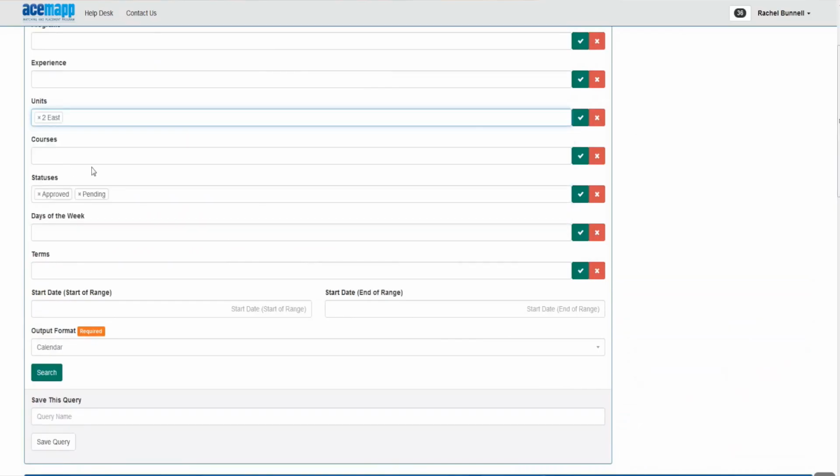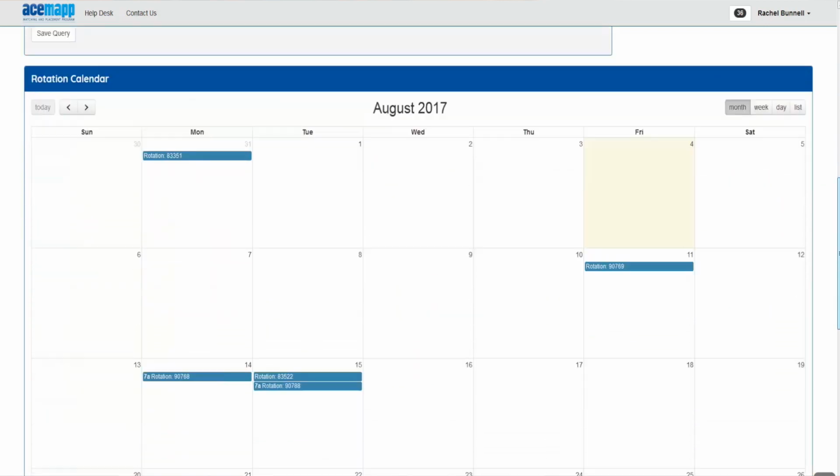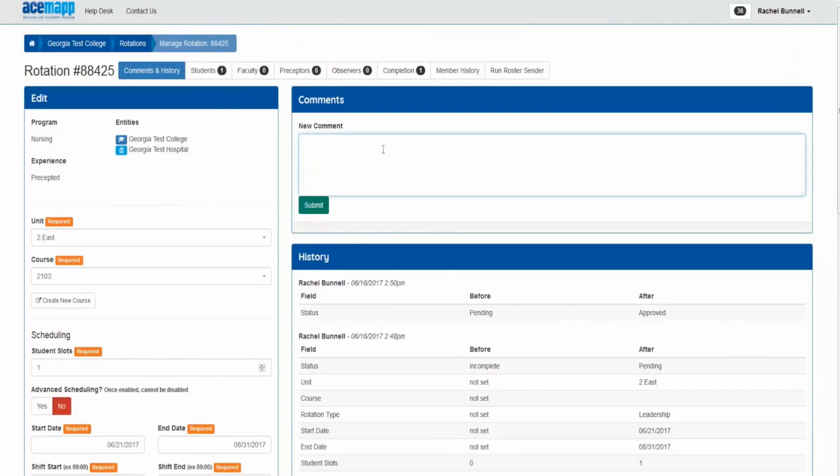They get an email about it, they've got to go into their spreadsheet and change it, they've got to go change their whiteboard or their calendar, wherever it might be, then they have to notify the unit manager. I mean, if you think about it, it's just a ton of work. And so what ACEMAPP does, all of the changes happen in real time, and everybody that needs to know about it is notified. So if a school moves the rotation from a Monday to a Tuesday, it goes to the